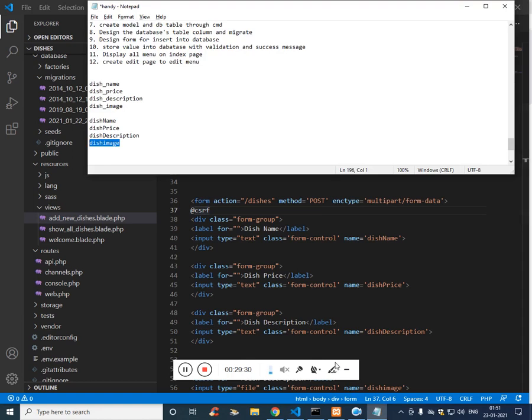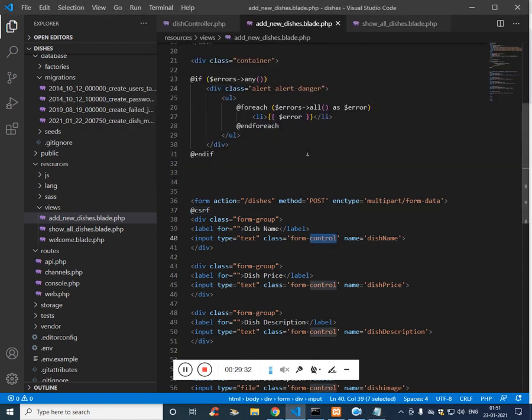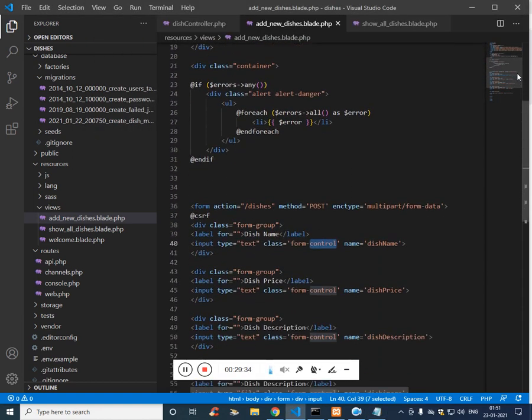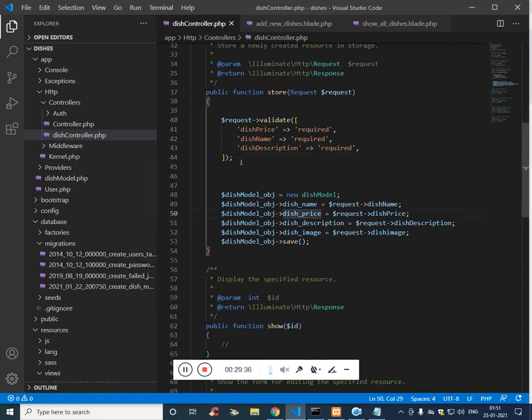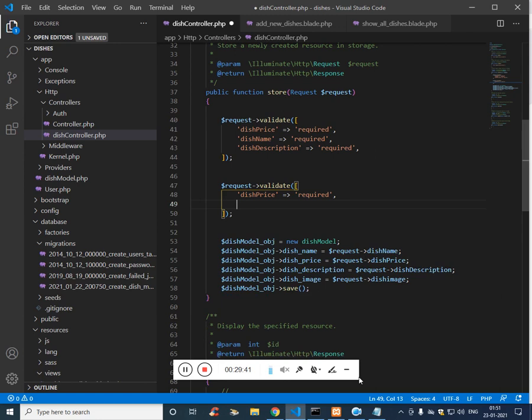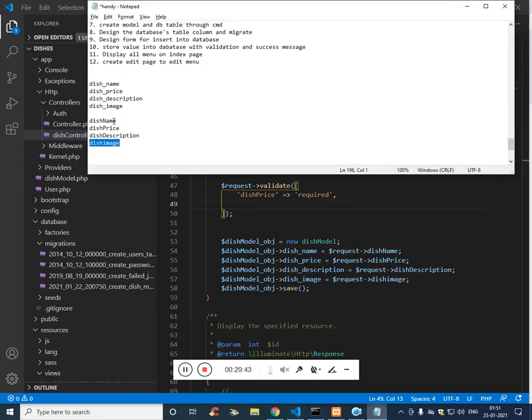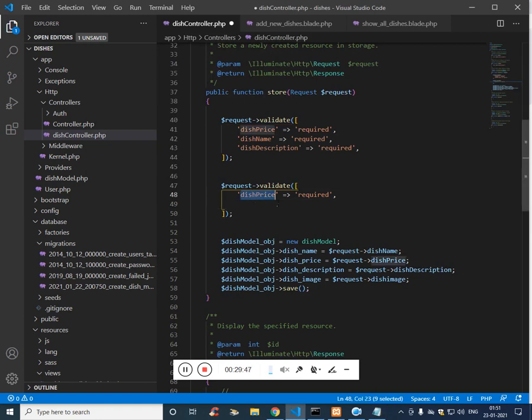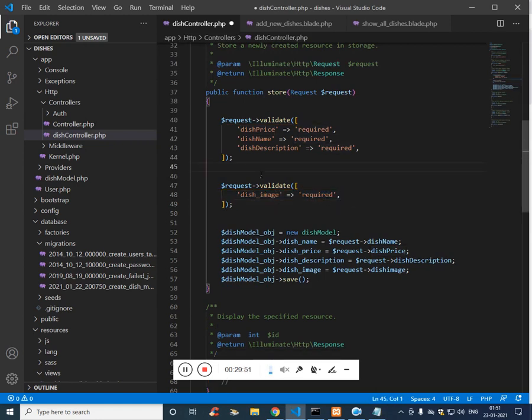Now we have to insert validation for the image. So that is also simple. Copy the same thing, and this time it's image. Where is image? Dish image, which is required. Why we are writing this separately is because if we have a request, inside the request we have the image.